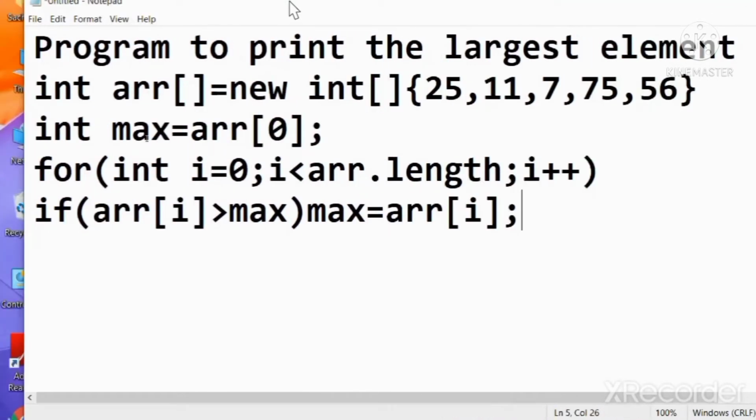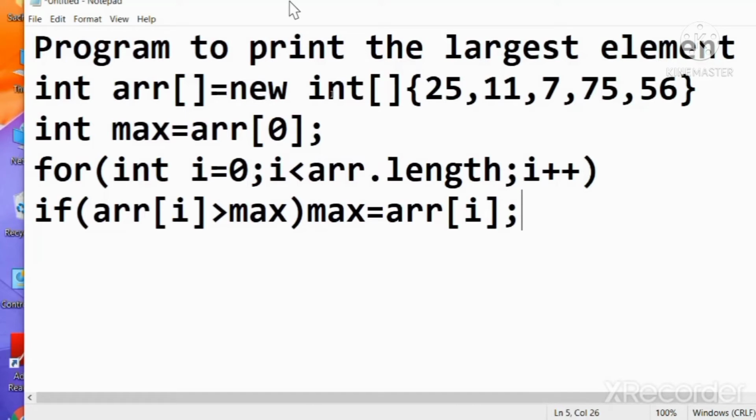If i is equal to 0, max has the value 25 and it stores 25. After that it increments, i is equal to 1. If i is equal to 1, then 11, we are going to compare 25 with 11.